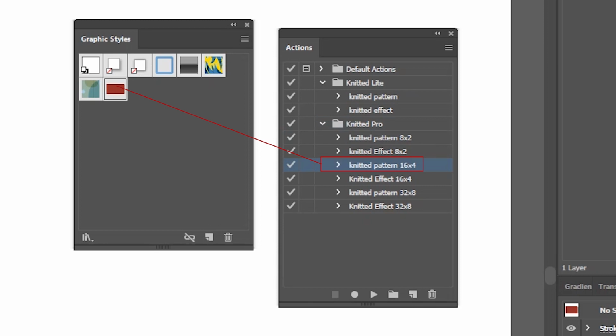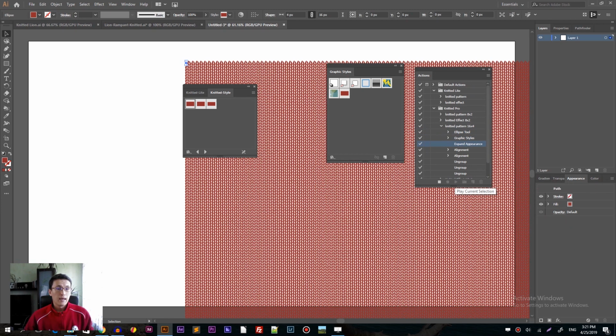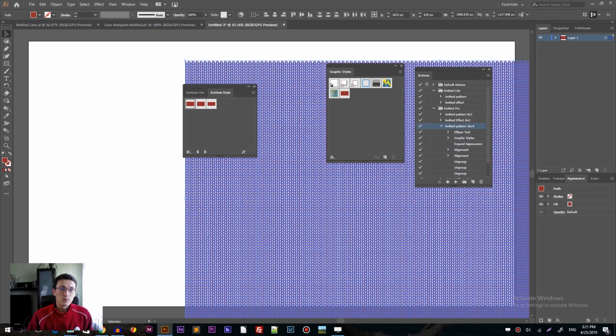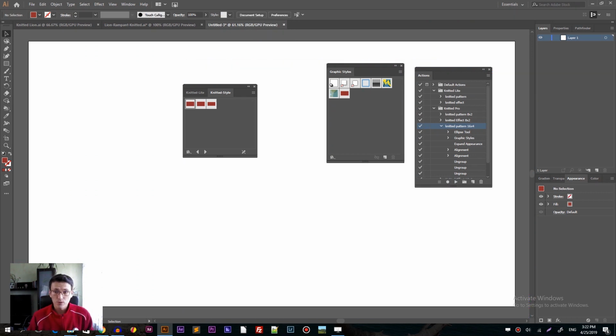If you want to follow along with the free pack, you need to select Knitted Pattern simply here. Okay, so Knitted Pattern 16 on 4, and I'm ready to play the current selection. Everything is done for me apart from possibly aligning, but it's because my aligning option is align to selection, not align to artboard. When I select align to artboard and rerun this action,